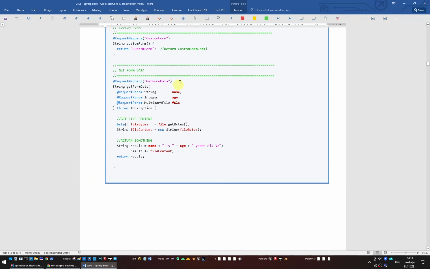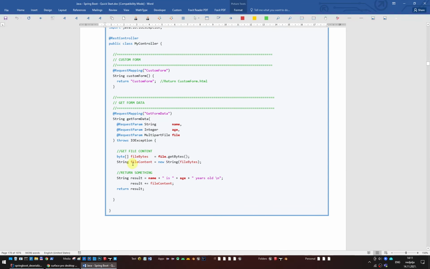The code inside the controller is exactly the same as in the previous example, where we were using Postman. So here are the input parameters into our endpoint, which will be automatically populated by the form fields. Here we show how we can access the content of the uploaded file, and here we are displaying the values